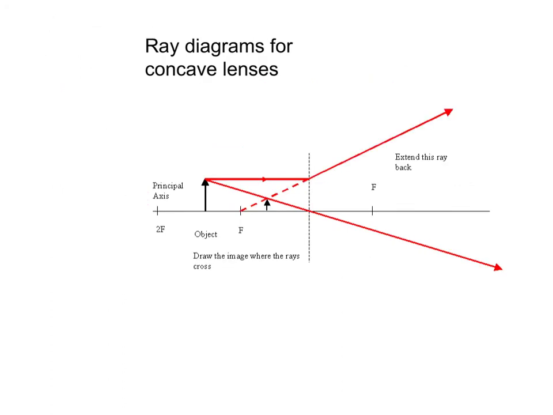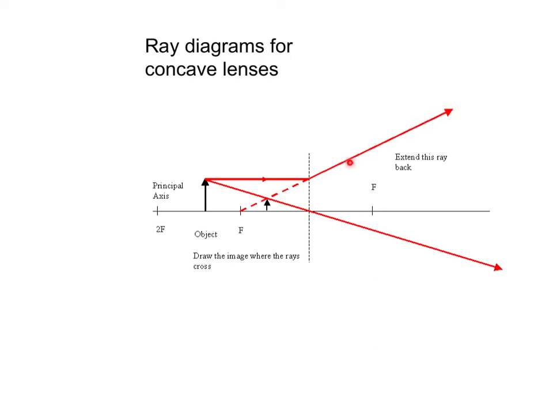So for a concave lens, it's very similar to what we drew before. You've got your object somewhere on the axes. This is your lens, again it's just a dashed line, so remembering that if it's concave it has that sort of curved shape, so it looks a bit like a cave. And one of your rays of light will simply go from the object through the centre of the lens and just continue on. The second ray has to come from the top of the object, not the image, top of the object, and go to the centre of the lens, and then it diverges,